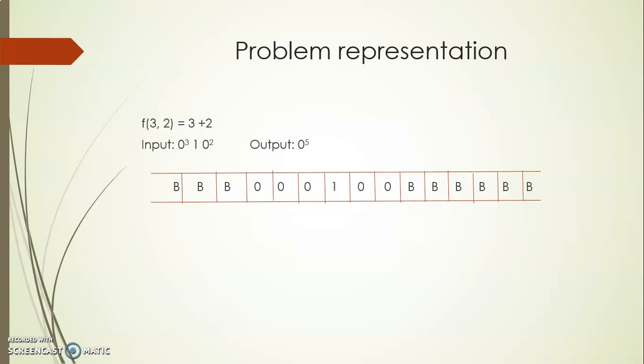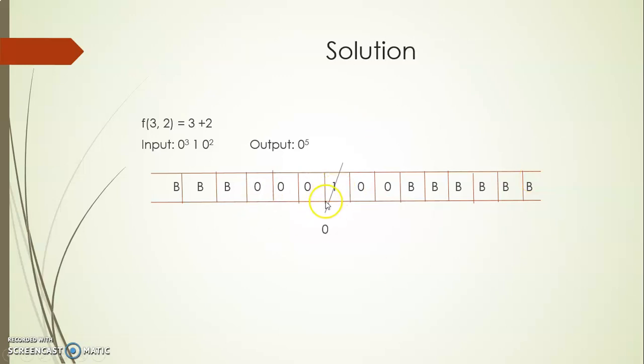Now we have to apply the operation to it. So when I add 3 plus 2, what is my answer? It is 5. So when I am representing 3 by 3 zeros and 2 by 2 zeros, then how will I be representing 5? 5 has to be represented by 5 zeros. So what do we infer from this? At the end of the addition operation, the Turing machine tape must consist of 5 zeros, right? But here already I have 5 zeros, but it is not in continuous manner. In between we have 1.